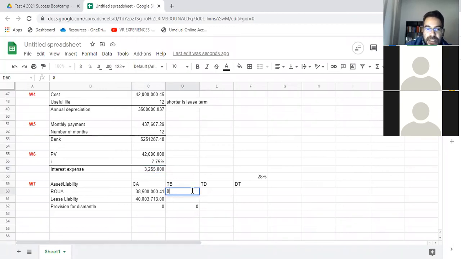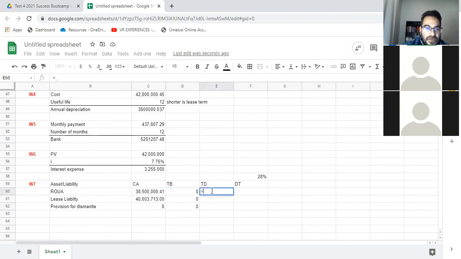So the tax base is what SARS have. SARS does not see a right of use asset, so it is 0. SARS doesn't see a lease liability, so it is 0. Remember in the scenario, they told you that SARS deducts 5% for factory buildings, whatever it is. We can't use that, because from SARS's perspective, who owns the building? The lessor. So we can't get that tax deduction. So from SARS's perspective, we have a right of use asset, SARS sees nothing. We have a lease liability, SARS sees nothing.